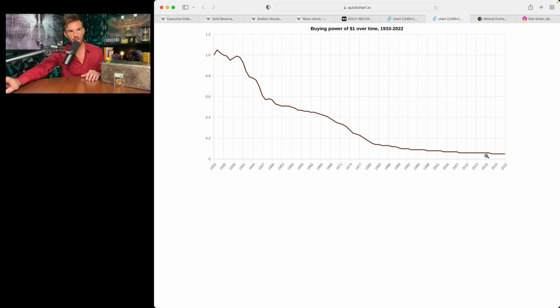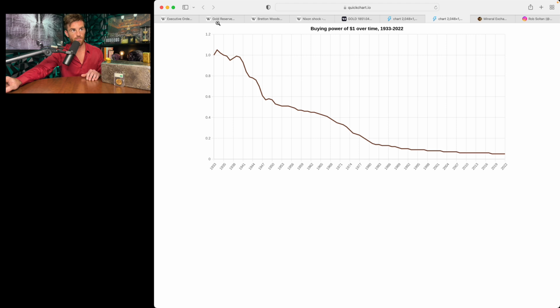From 1933 until today, because they dropped the gold standard, it made it so that the M1 supply could keep expanding and expanding and expanding, giving more and more power to the Federal Reserve, and they basically made it so that the dollar became worthless. That is how much your dollar has lost its purchasing power. Nearly 100% of it. It's above 90% loss of purchasing power. It's arguable what the exact amount is, but it's somewhere between 90 to 99% of its buying power was taken out of the picture from 1933 until today.